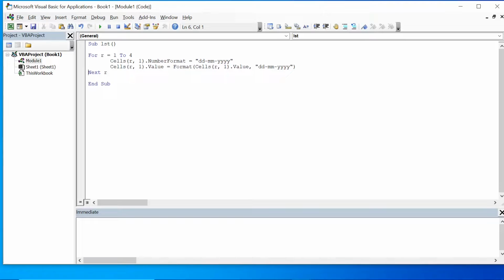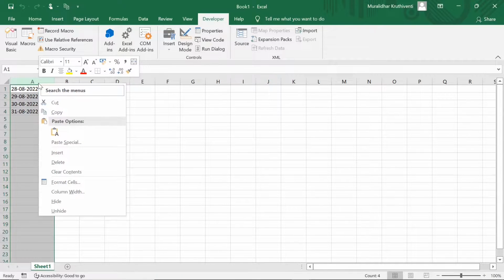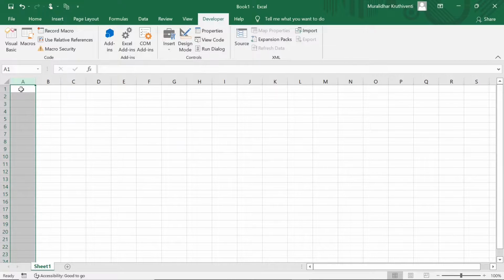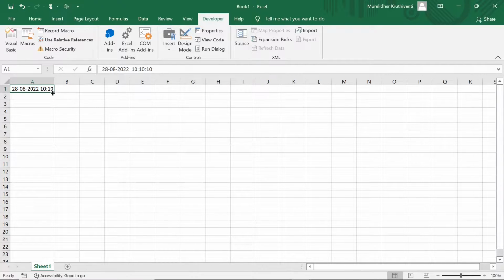Now we'll remove the date part from the date time value. So let's go to the spreadsheet, delete this row. Let me re-enter this data. And 10:10:10. We have now 4 rows. So before writing the code,